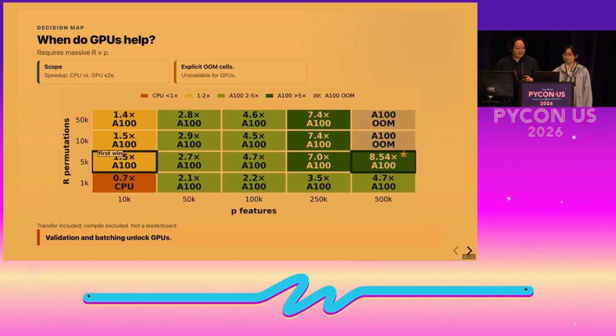To determine when GPU can provide the speed up of our permutation test, we create a map that compares the end-to-end runtime of CPU and GPU implementation in a Linux server across different values of P and R. Here we found that the GPU can offer significant speed up when the workload is significantly large. For example, here when R equals 5,000 and P equals 500,000, GPU can have a